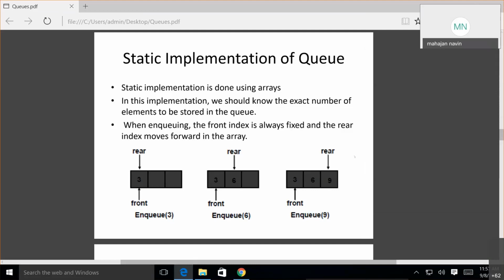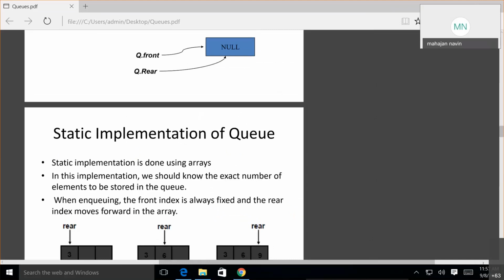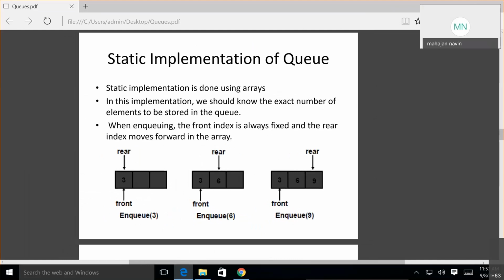Static implementation is done using arrays. In this implementation, we should know the exact number of elements to be stored in the queue. When enqueuing, the front index is always fixed and the rear index moves forward in the array. Initially, rear and front will both be -1.